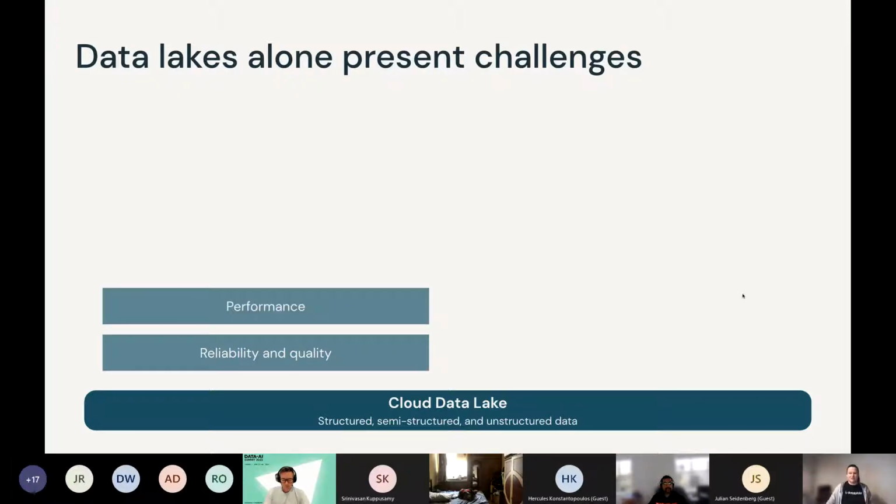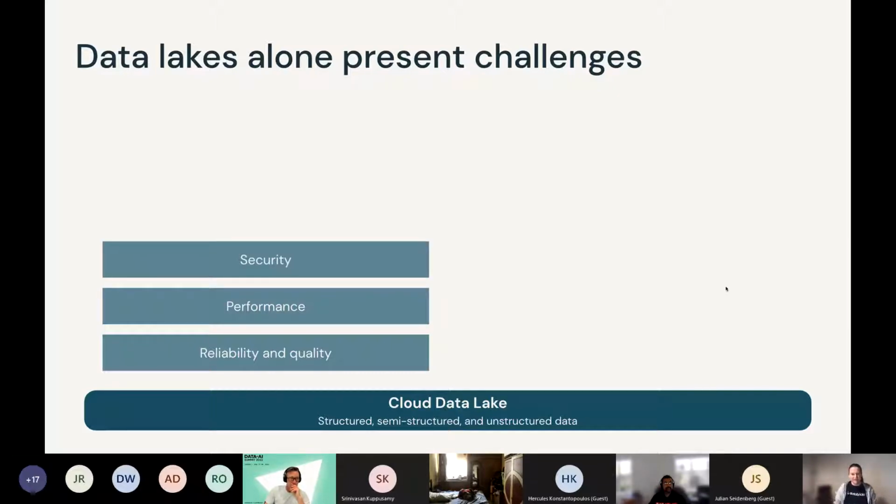But even if you do manage that, the performance usually is not great if you're working with just pure data lakes. You might have different issues, like many small files. If you have some IoT device that streams to your data lake, your file size is minuscule. So if you want to look for some data, you need to open all the files, read them, and even if there is no data that you look for in there, just close them and move on. Or if you have really massive data files, it also causes performance issues.